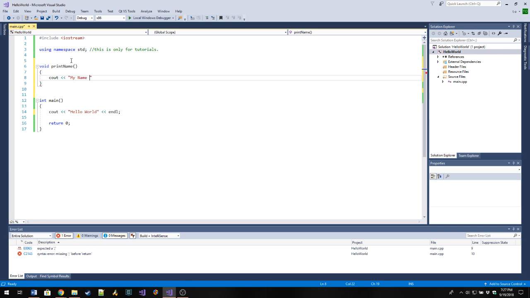My name is Weird. So cout, console output, my name is Weirdbeard, end line. That void print name is now a separate box from int main. So that line of code is in a separate space, in a separate room, in a separate box